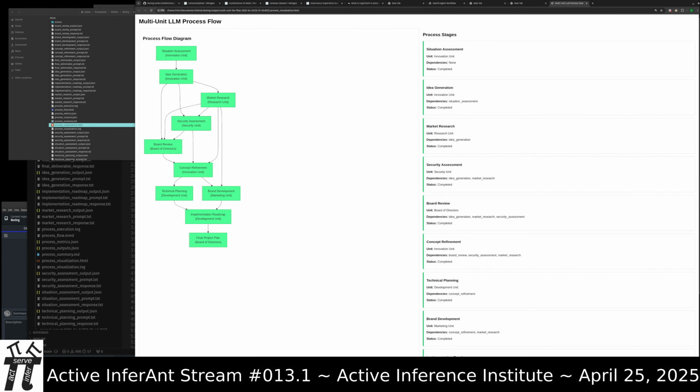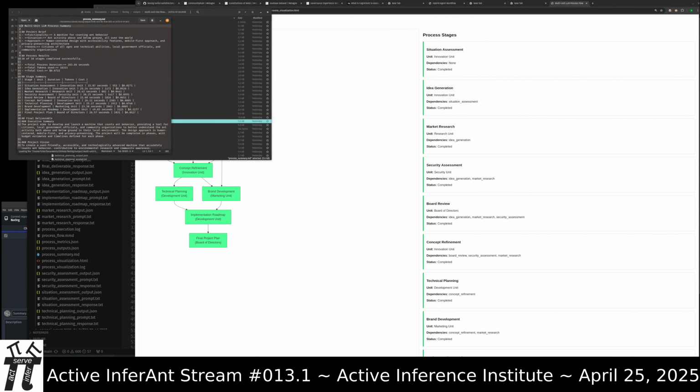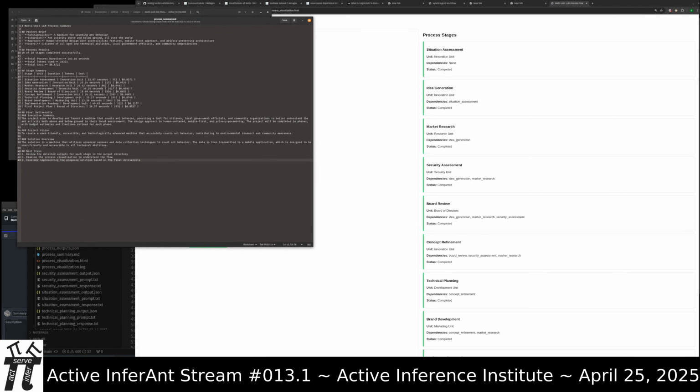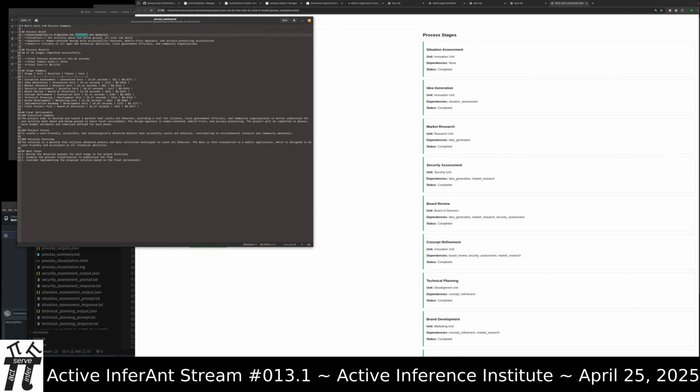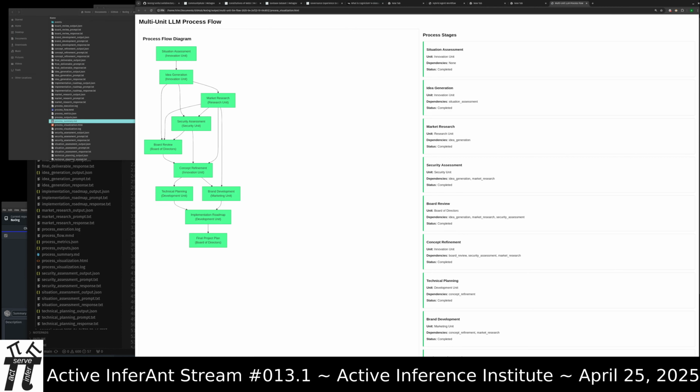These things are going to happen in this order, and this is the summary of what happened. So the initial prompt that was given to the innovation unit was a machine for counting and behavior. And then this cost, it looks like 67 cents. Not sure if that was accurate. Probably less than that. And that summarizes the entire process.